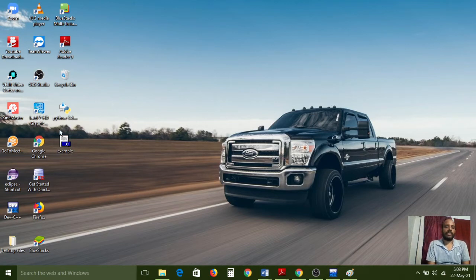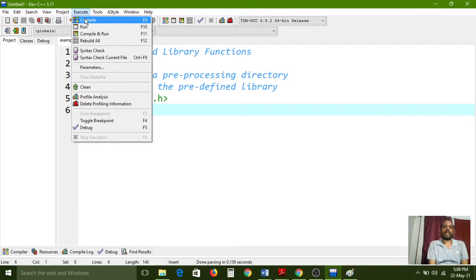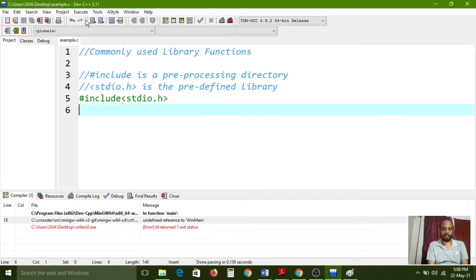This file has the .c extension, and till now we haven't compiled it; we have just written the code and saved this file. That means this is called source code. Now we need to compile. For that, go to the Execute menu and choose the Compile option.